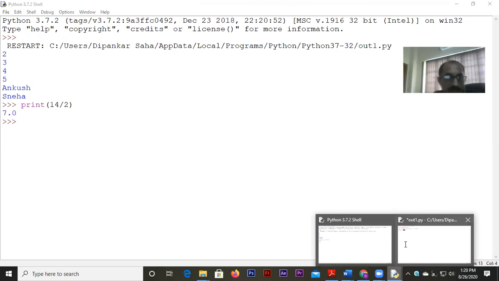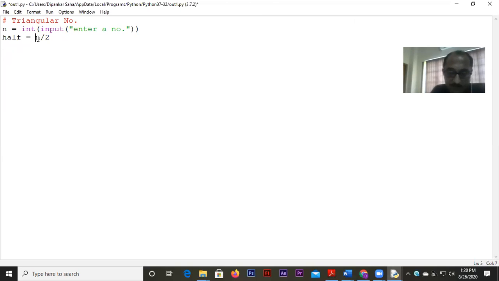That is why I'm going to use the int function to bring the result into integer. If it is 15 by 2, that will be 7.5, and only the integer part, 7, will be taken. So I have divided the number by 2 and converted the result into integer.